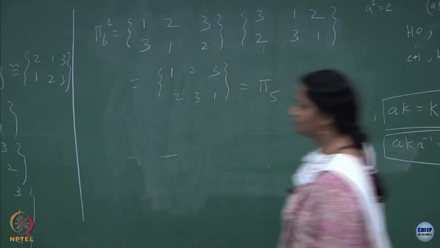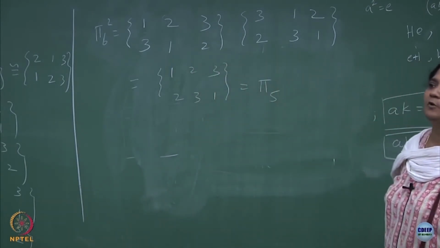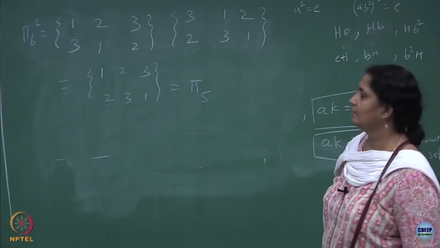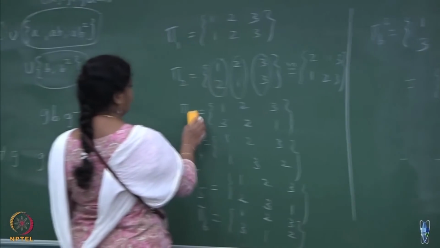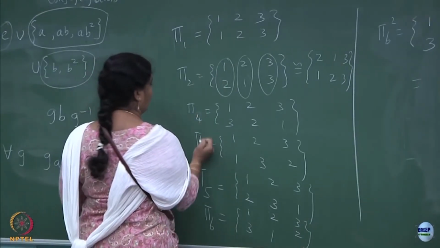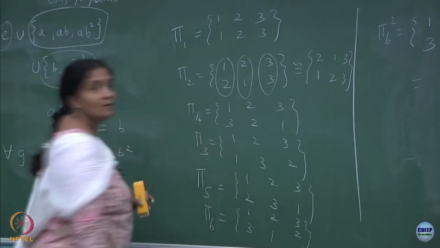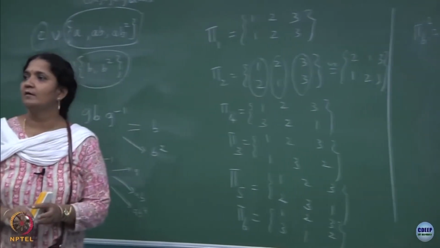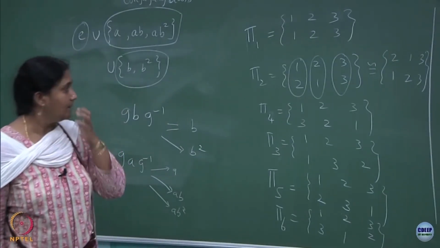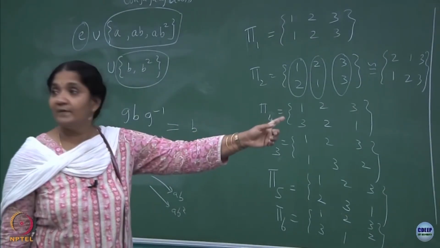Is that right? Are you all with me? It is just that here I called pi 3 and pi 4, maybe you can change this to pi 4 and pi 3 just to be in sync with the PowerPoint. So, this is what we get.